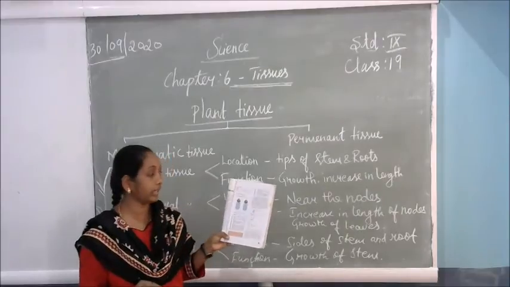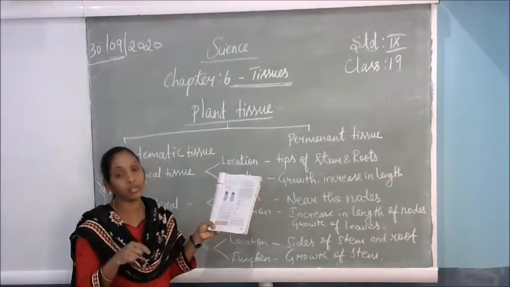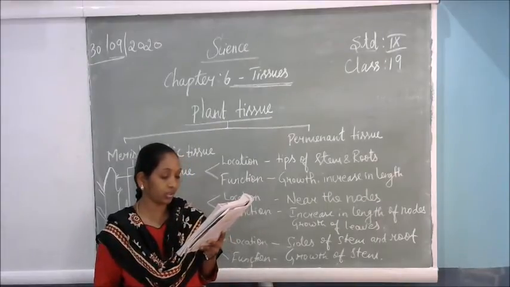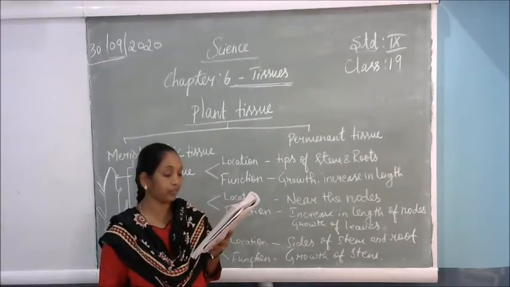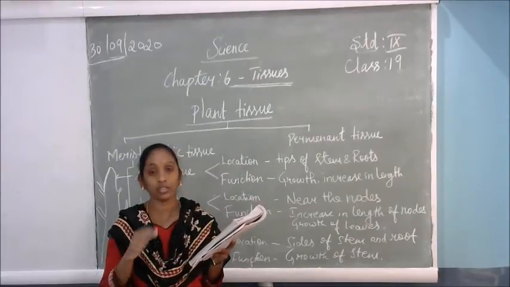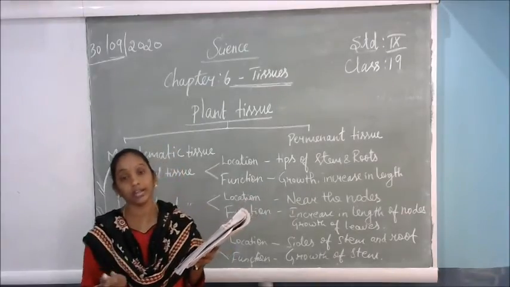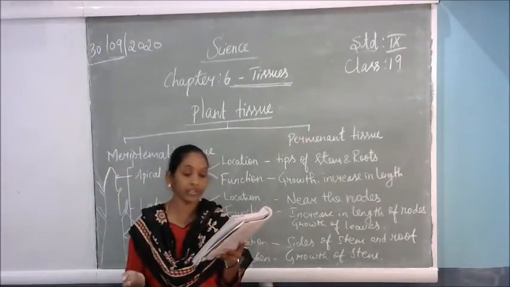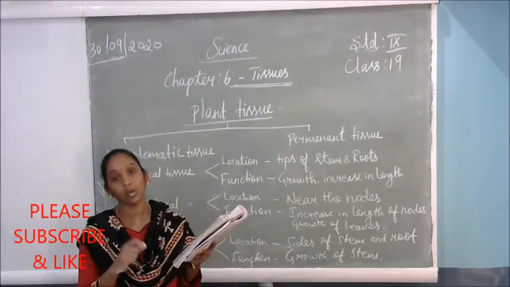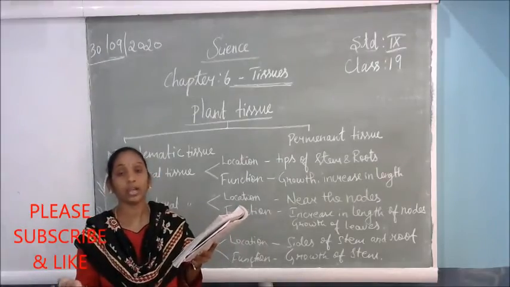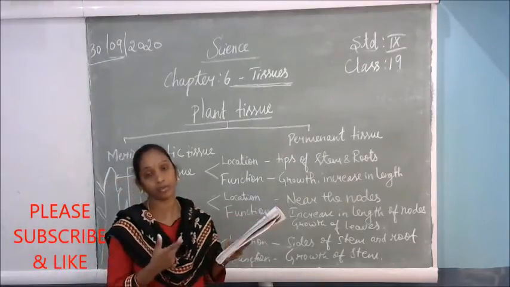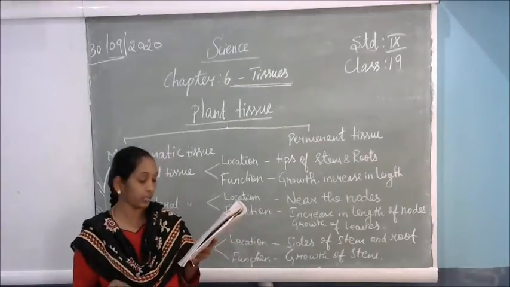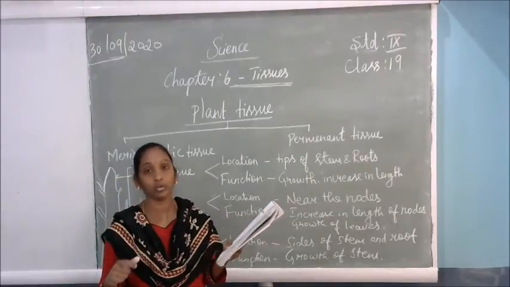As shown in the figure, you have to invert the onion and put it on the jar of water. Measure the length of the roots and observe the growth of roots in both the bulbs for a few days. Daily you have to observe whether the roots are growing or not: day 1, day 2, day 3. After that, check how much they have grown. Then cut all the roots from one onion, and again keep it in a water jar. Again you have to observe its growth.